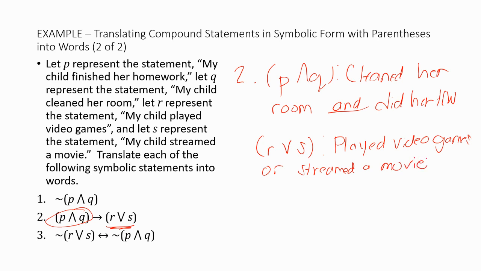And then we have what's combining the two, which is this one-way arrow. So that's the if-then statement. So we would say, if my child cleaned her room and did her homework,